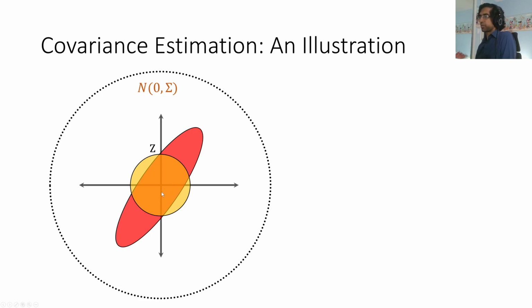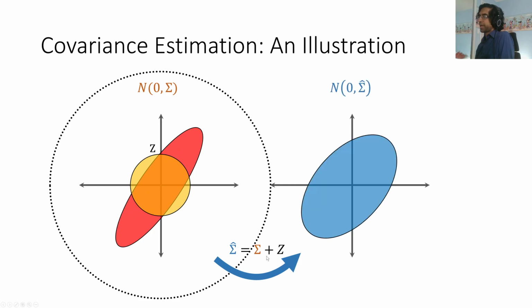So this is our sort of Gaussian noise. Based on the addition of these two objects, the empirical covariance and the noise here, what we get is something that looks like this, which is not quite the original covariance. You can see it has a bit more error in some directions, especially the short direction is a little bit fatter than it should be.